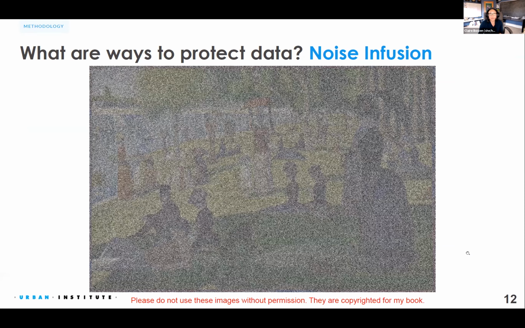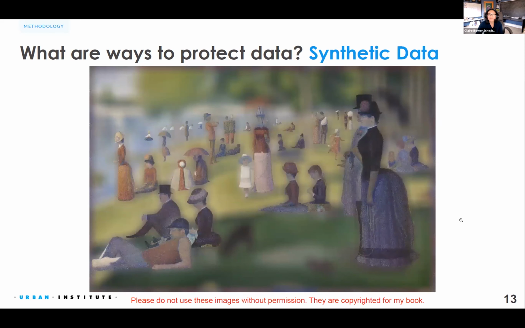Another one is noise infusion. You're just adding random noise, either methodically or from a specific distribution, like a normal distribution or a uniform distribution. This is actually from a normal distribution. It was interesting because it was randomly picking pixels to lighten and darken. So you can still see the picture, but it looks like the old tube TVs with the snow, for those who still remember tube TVs. That's what it looks like here.